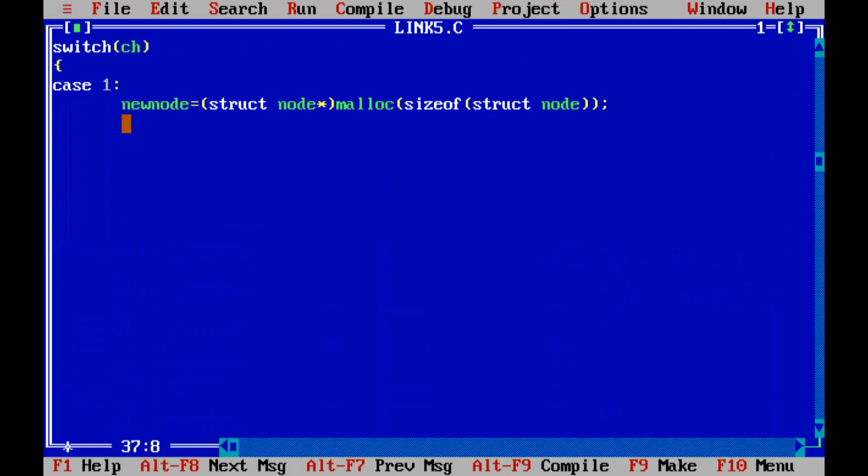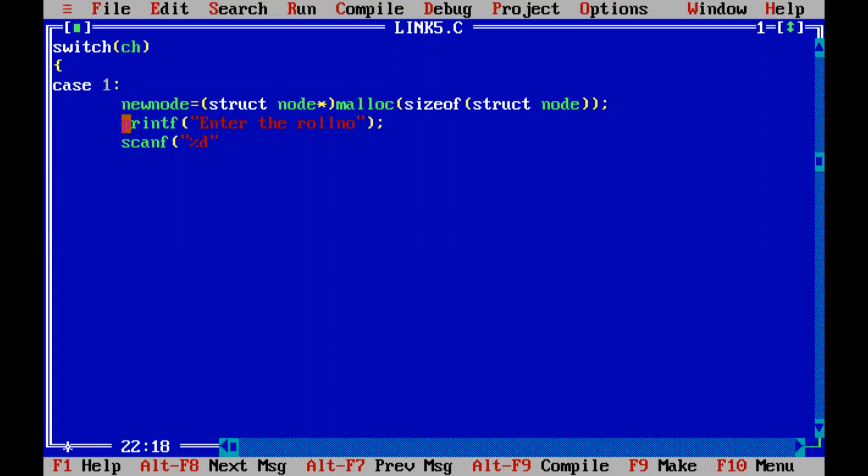Now we want to insert it into the linked list at the beginning. We know that we didn't accept the data for the node, right? What all things do we need? Printf, enter the roll number, scanf %d.